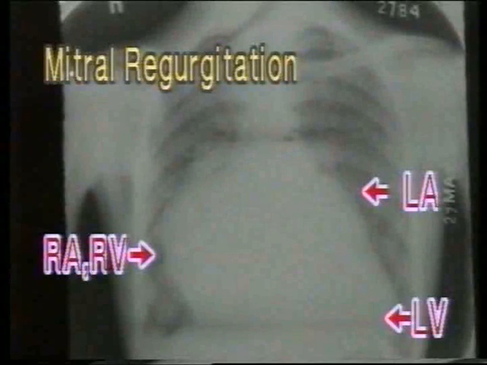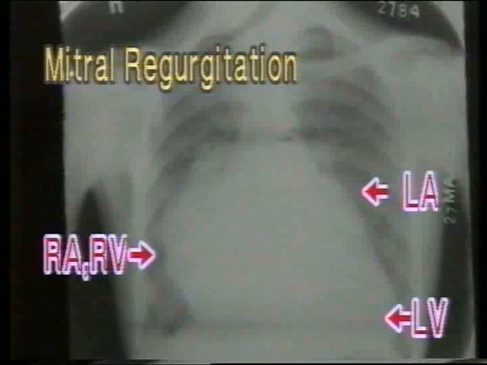In pure mitral regurgitation, the right atrium is so dilated that it forms a distinct convexity on the left border of the heart, and this, with the dilated right ventricle, gives a pentagonal shape to the heart. This is pentagonal heart in mitral regurgitation.